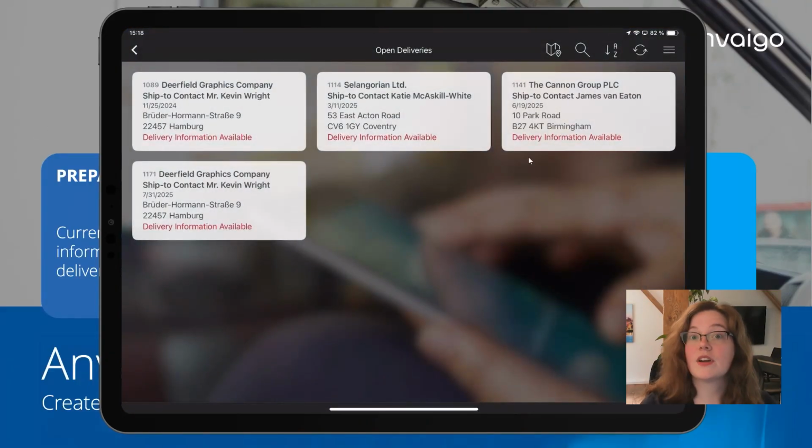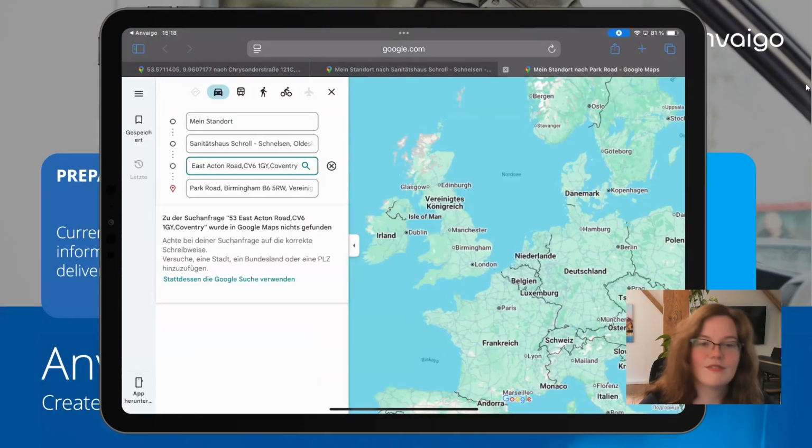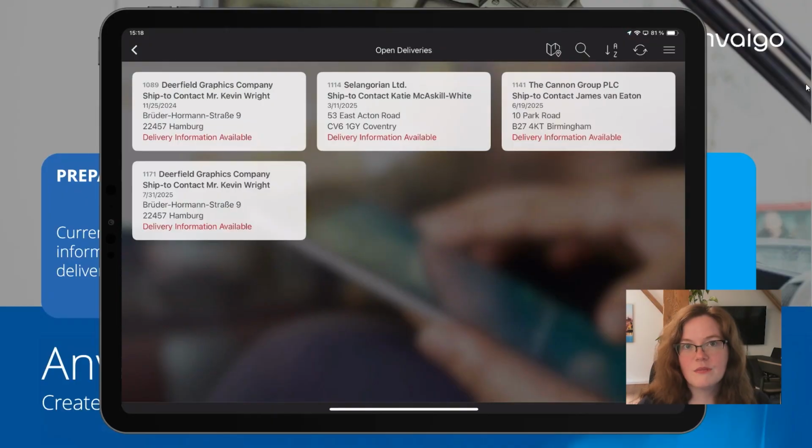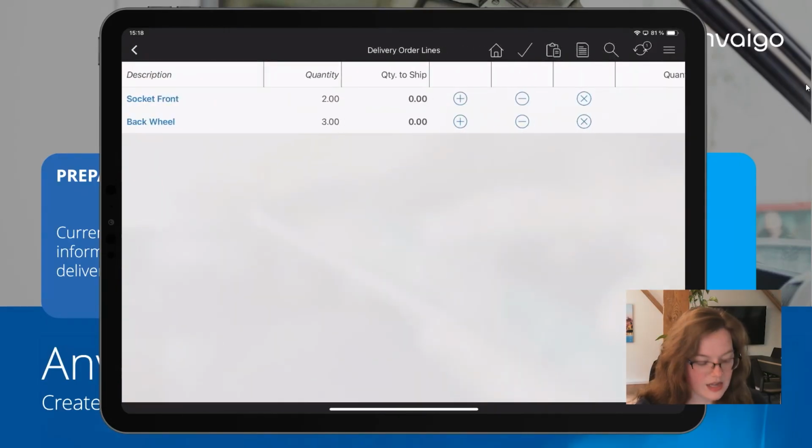I can also, because I have a couple of deliveries on my tour today, go ahead and use this little icon at the top if I need a route to see several locations that I'm delivering to. And of course, that only works if you actually have full and correct addresses on our side and everything is correct. So from here, I already know how to get where I'm going. And once I've arrived, I want to jump right in and hand everything over to my customer.